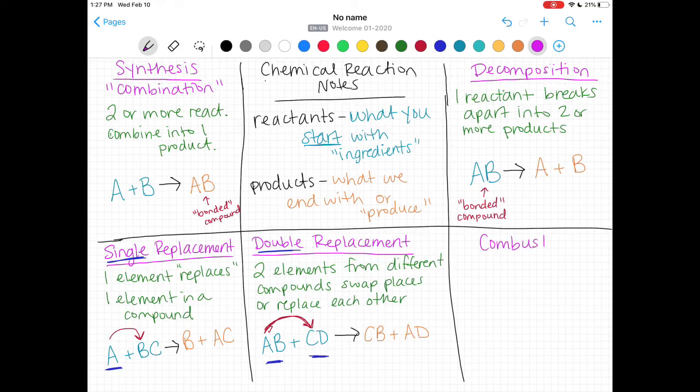All right, the last one is a little bit different. Combustion is where you have some type of fuel. Fuel is just a carbon compound. I'll show you an example. It is going to burn with oxygen. So we always have to write it on fire. Here, let me write out oxygen for you so that's not confusing. Oxygen, and it produces